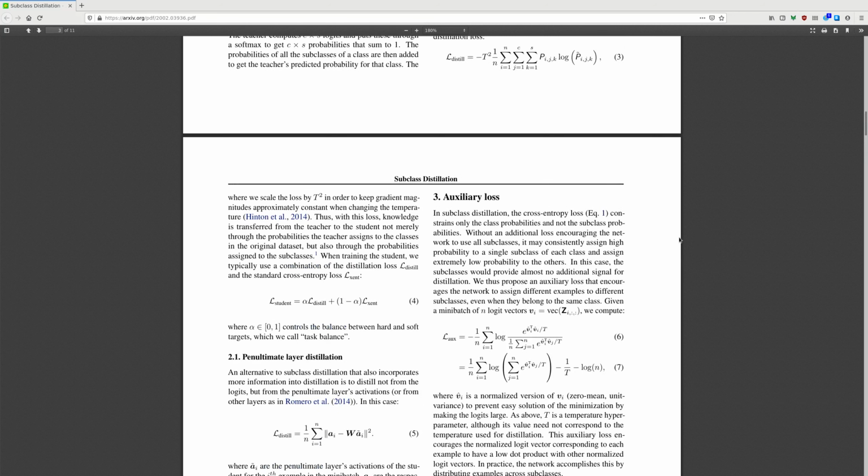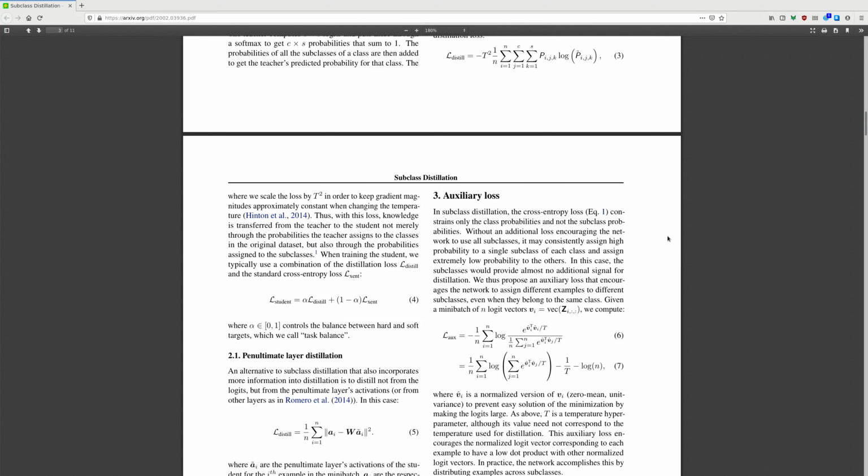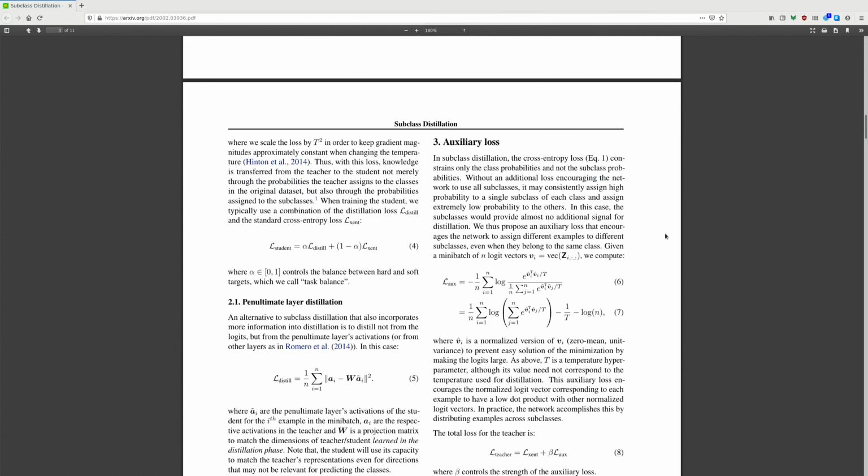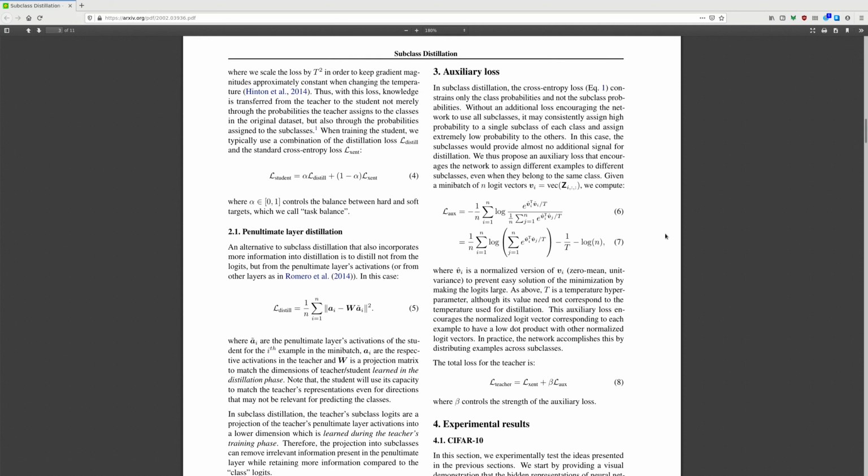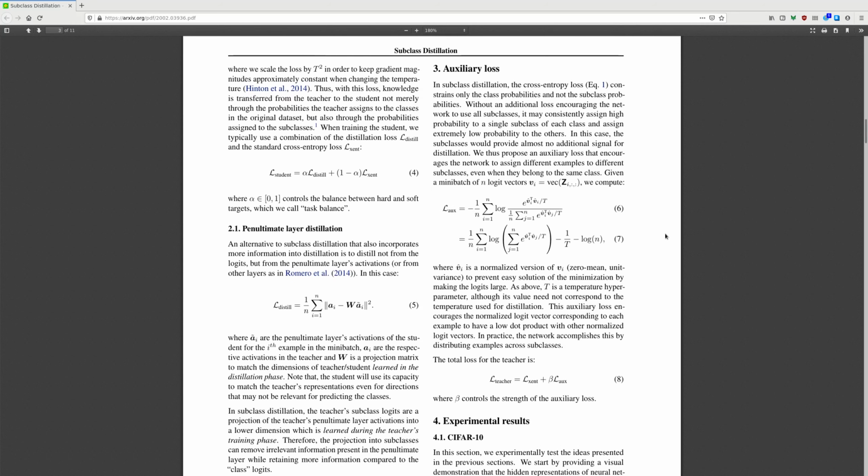Auxiliary loss. In subclass distillation, the cross entropy loss constrains only class probabilities and not the subclass probabilities. Without an additional loss encouraging the network to use all subclasses, it may consistently assign high probability to a single subclass of each class and assign extremely low probabilities to the others. In this case, the subclasses would provide almost no additional signal for the distillation. Thus, we propose an auxiliary loss that encourages the network to assign different examples to different subclasses,